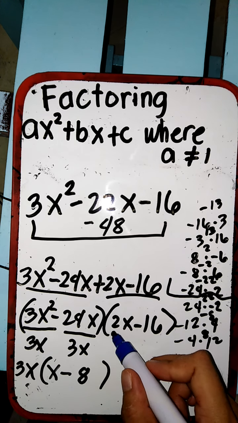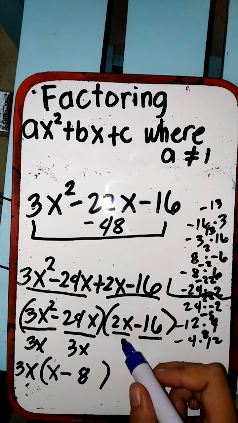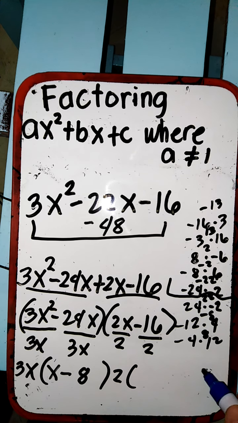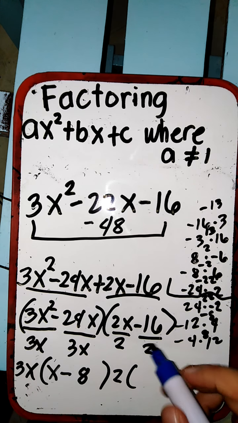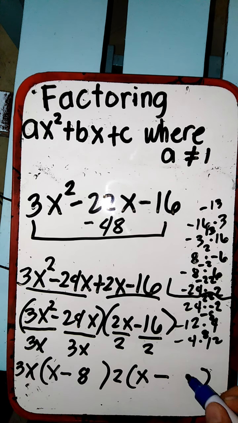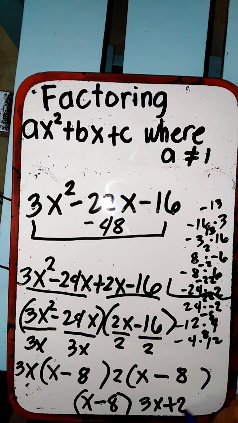Then, 2x and negative 16. What is the common factor of 2x and 16? We have the common factor of 2. So, we write here 2 outside the parentheses. 2x divided by 2 is x. Minus 16 divided by 2 is 8. So, we now have the factors x minus 8 and 3x plus 2. Again, the factors of